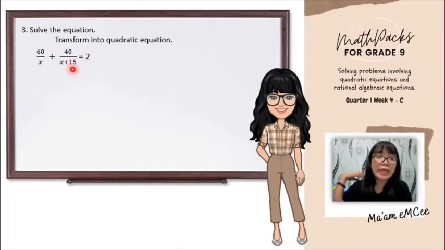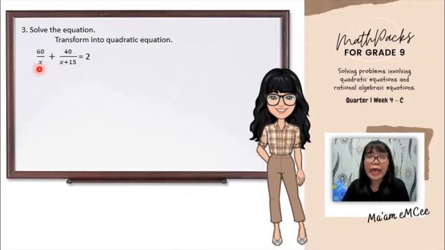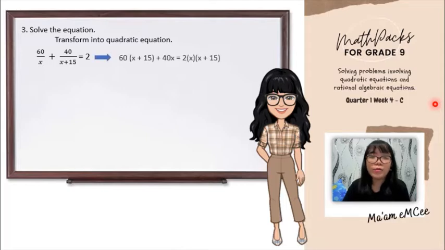So in this case, our LCD will be the product of x and x plus 15, and that is x times x plus 15. So we need to multiply both sides of the equation by x times x plus 15. Sorry, you did not add that in the solution. But if you multiply both sides of the equation by x times x plus 15, then we will have the result as 60 times x plus 15 plus 40x equals 2 times